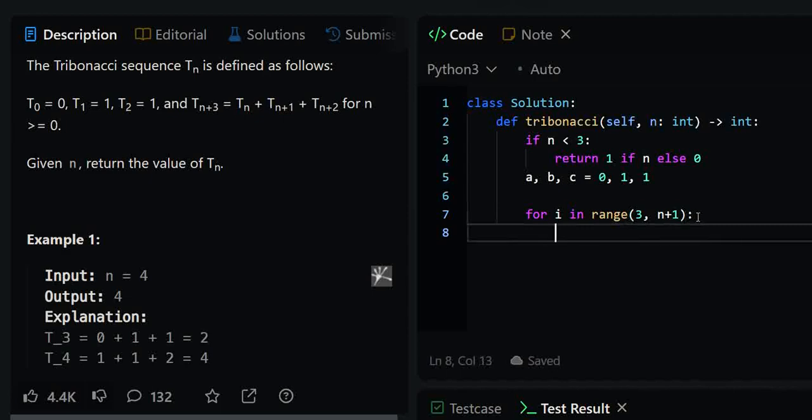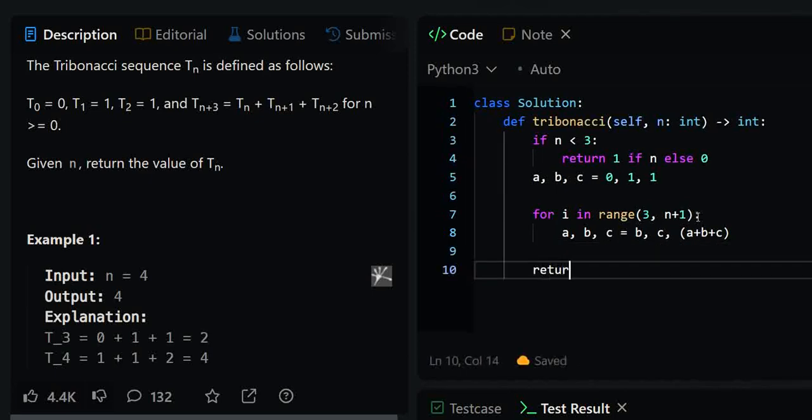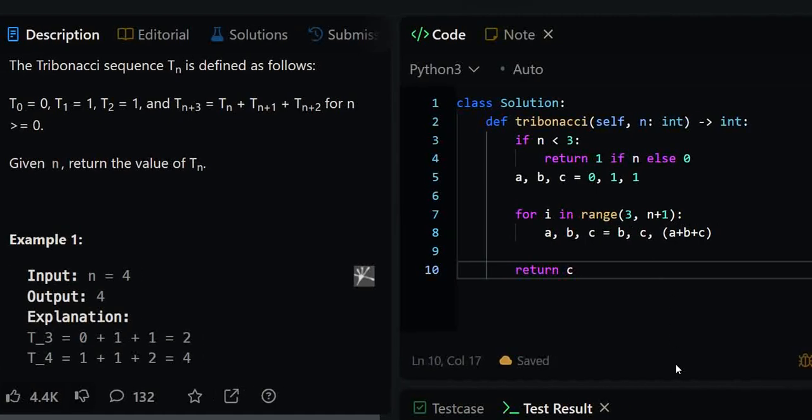So what we are doing inside this loop, we are going to update our A, B and C. So A will become B, B will become C and C will become sum of A plus B plus C. And after stepping out of this loop, we are saying our C will be having the most recent sum, which will be n in our case. So we will be returning C at the end.